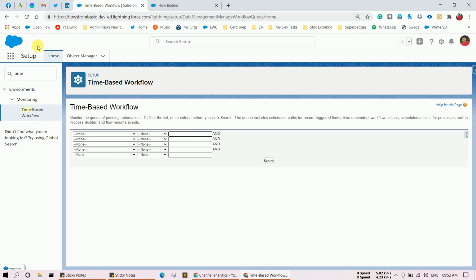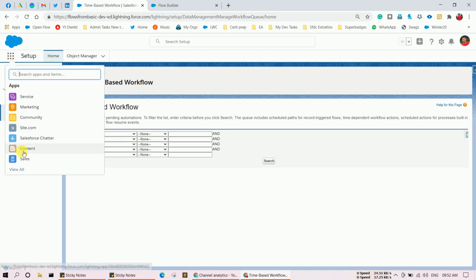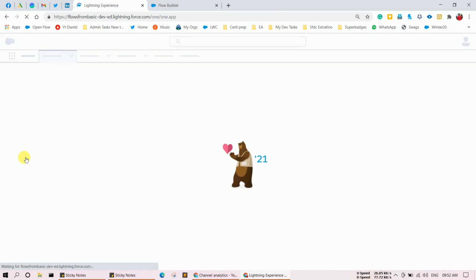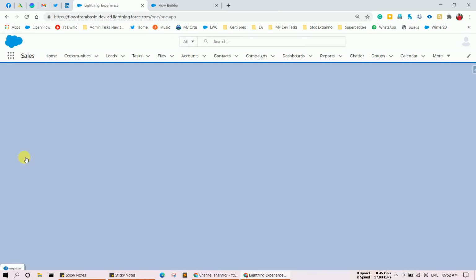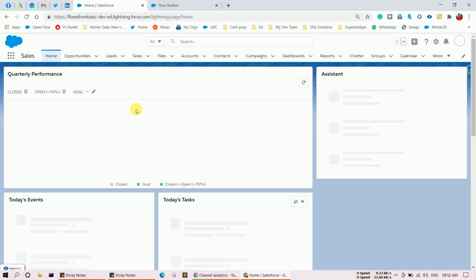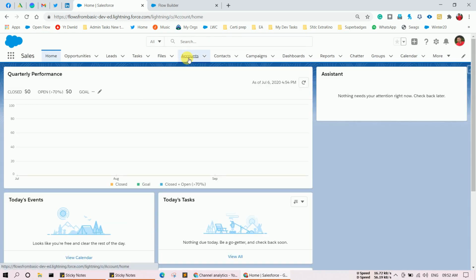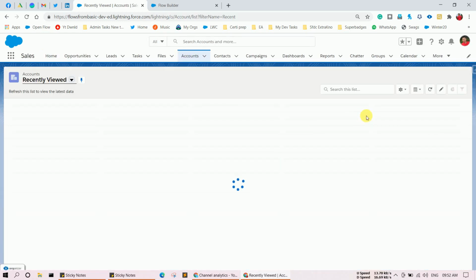So for that let me move to my sales application, and I'm going to create an account there with the specific 2 conditions where industry equals education and amount equals $1000. So let's create an account. Click on account and let's click on new.